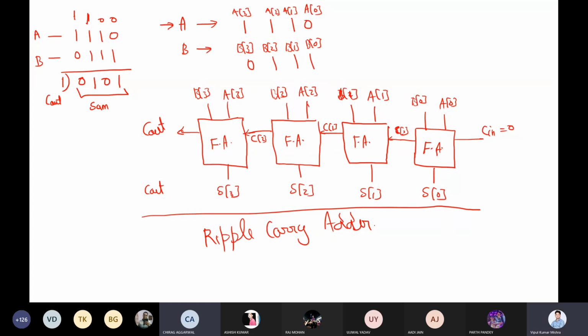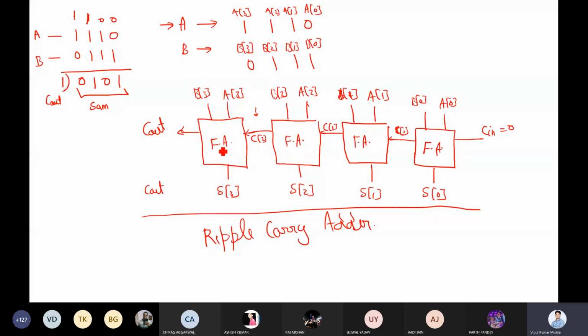Exactly, it is a sequence, it is working sequence-wise. So it is waiting for the previous output, then only the next output will be generated. Again waiting for the previous output, then the next output will be generated. Right? So the waiting time is very high. Unless your carry is generated here, you cannot perform this full addition, or you will not get a correct answer of this full addition.